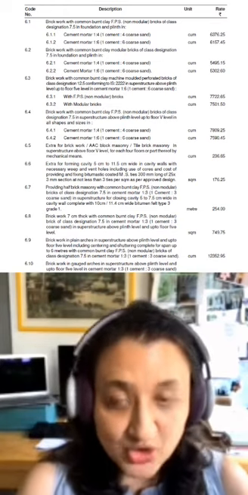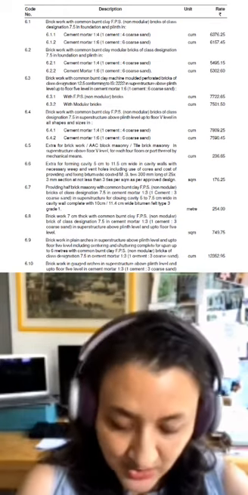Okay, I just want to do one thing before we go on. There are a lot of people who I feel have joined us in between, so I'll just go over what a BOQ is again. In short, a BOQ is a bill of quantities. It is a list of items of work that you will have for any given project, and it's mainly broken down into two categories: civil works and interiors.